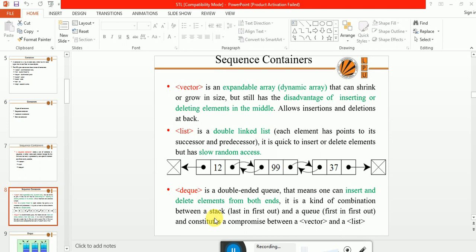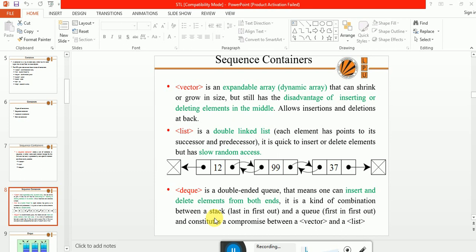List gives you advantage in terms of insertion and deletion in the middle, in the front or at the back. It will give you more efficiency as compared to vector when insertion and deletion comes. The reason is there will be no repositioning of the nodes or of the elements. Rather, there will be swapping of addresses in the pointers whenever we insert or delete from the middle or from the front. On the other hand, list gives you disadvantage in terms of random access.